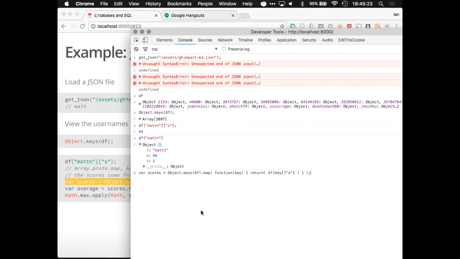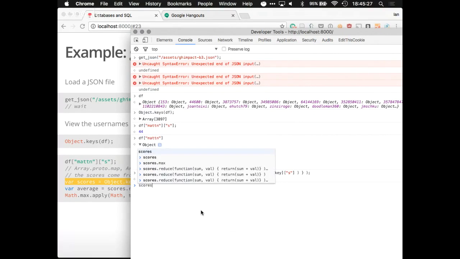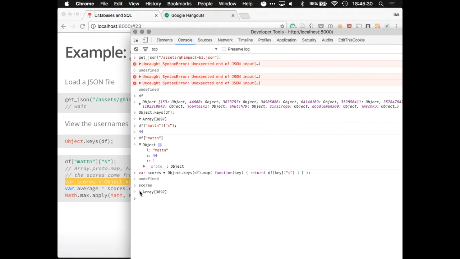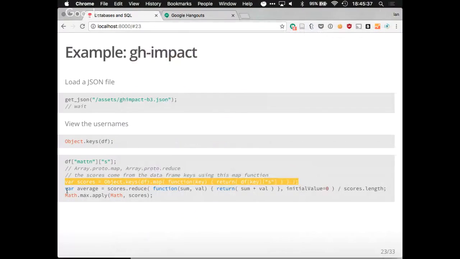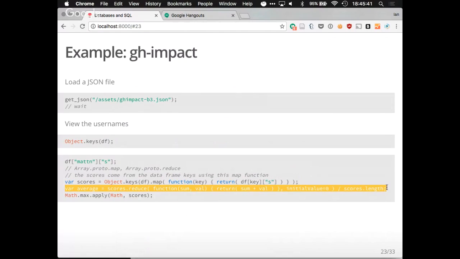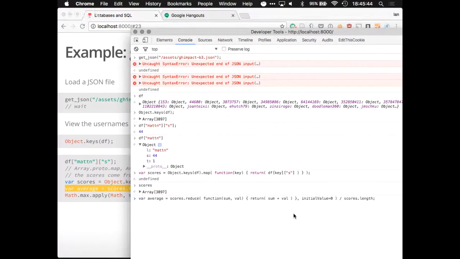All right, so let's run that. And we have some scores now. It's an array, basically what we would expect. And we can look at them, a bunch of integers, a lot of low values. So now I'm going to reduce these scores. The way I'm going to reduce them is to do a summation, like I demonstrated before, but I'm also going to divide by the number of items in this vector, and that's just going to give us an average, which is a very useful statistical property. So when I look at the average, we see that the average score of all these GitHub users is